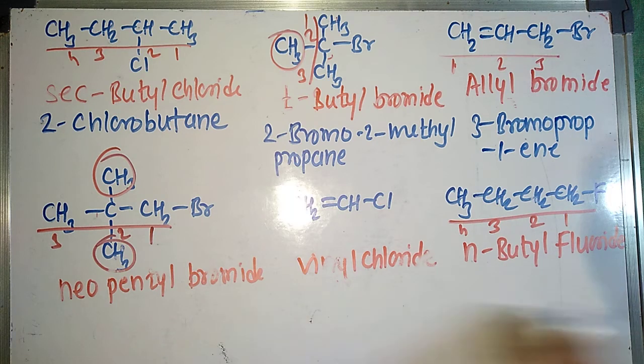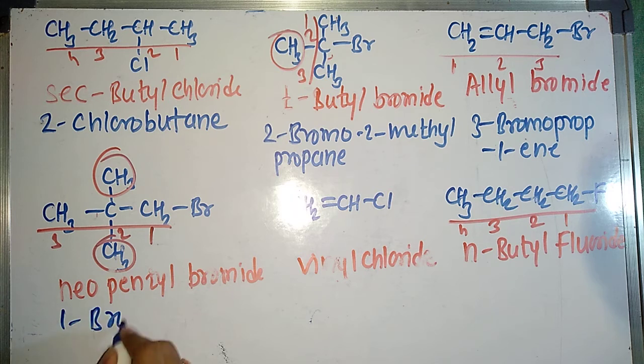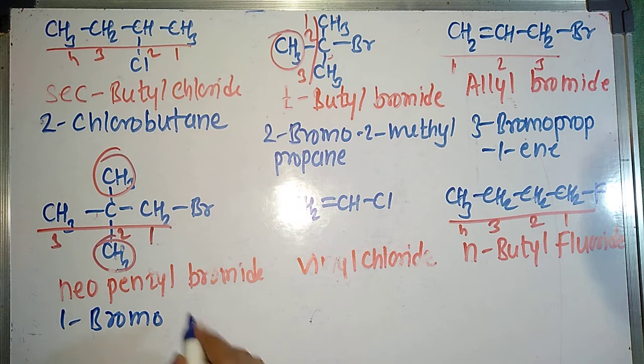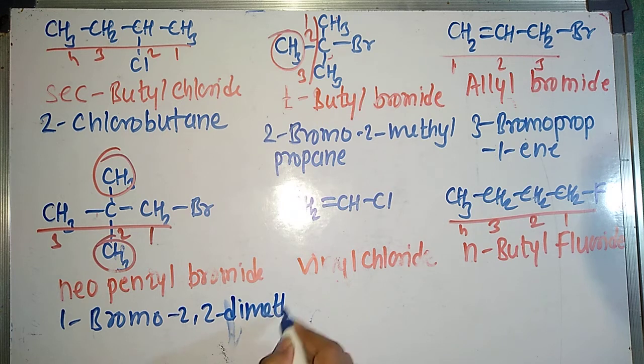In the same way, we are having these compounds also. Here at the second carbon I'm having a methyl group. At the first position I'm having 1 bromine, so alphabetically bromo will come first. It appears at the first carbon atom, so it will become 1-bromo. At the 2 position I'm having 2 methyl groups, so 2,2-dimethyl. The longest carbon chain contains 3 carbon atoms, so it will be propane. 1-bromo-2,2-dimethylpropane is the correct IUPAC name.